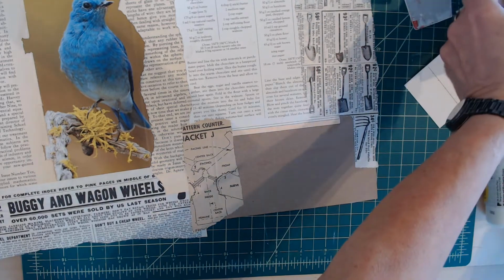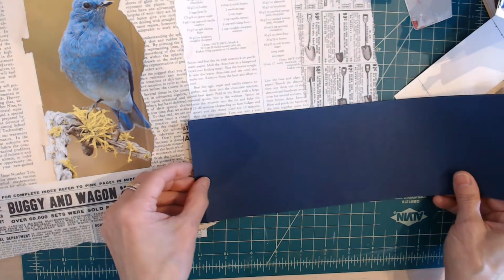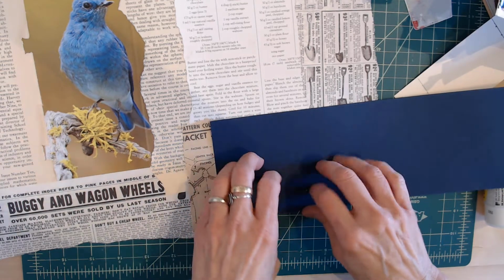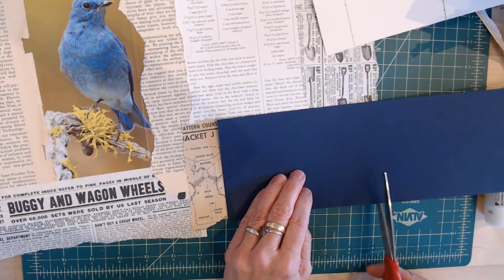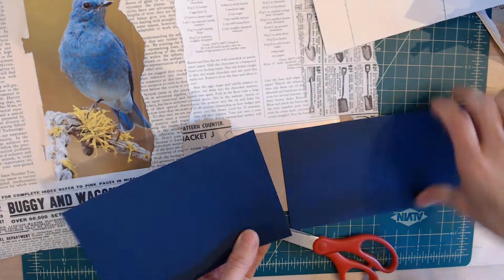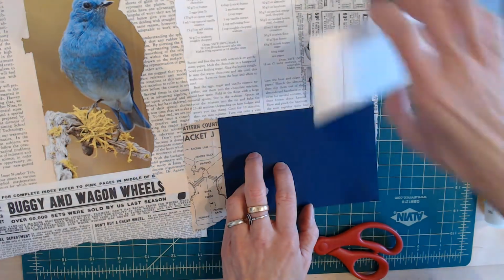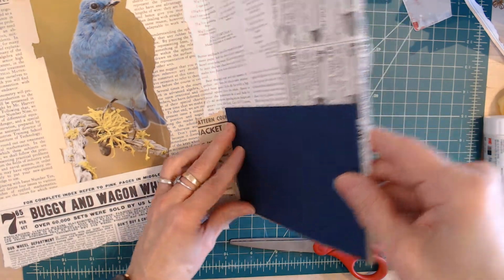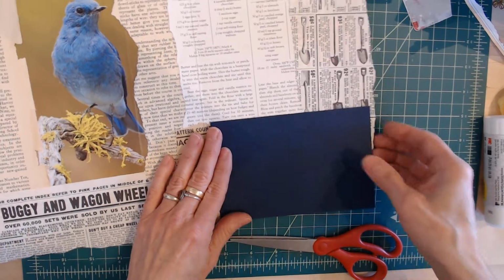And then, like I said, I usually try to do a pocket on the back. So I was thinking this might work well as a pocket for the back. I'm just going to eyeball the size here. See if I can cut it straight. I have such a problem cutting straight. All right. Like this. And then it's going to fit. There's enough room here to bend. And then